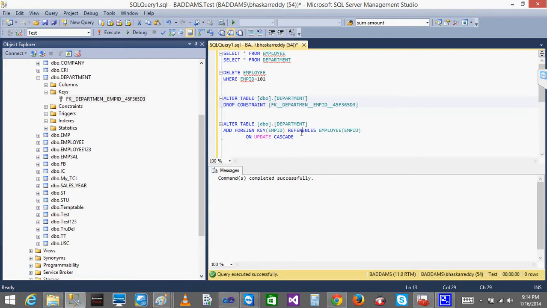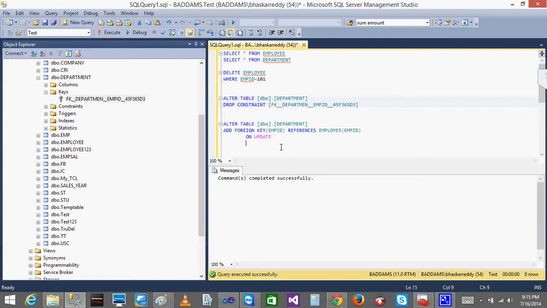So what is meant by this? You can write it in two ways, on update or on delete. I'll write delete. I think for two things you can't do it at once, so we'll just go with update.